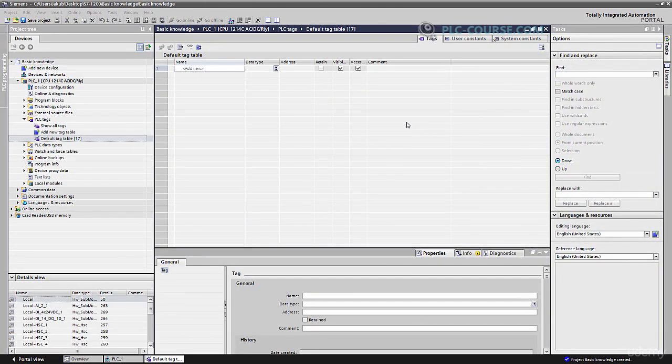Next difference is in the tags, because in this PLC we have tags here: PLC tags, default tag table, and the name. Everything in TIA Portal is based on symbol names. So the address, like in the earlier versions Step 7, Step 5, is not exactly used in this project, because everything is based on symbols. For example,